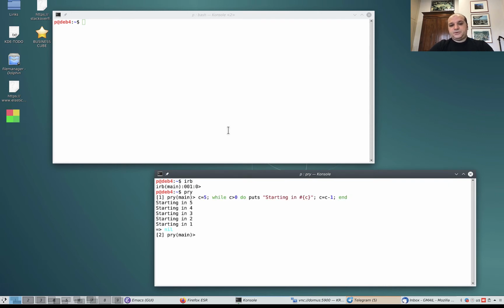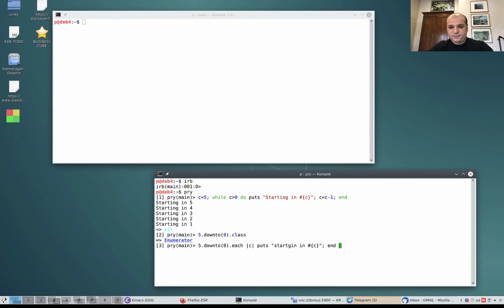Okay, so before moving forward, I want to observe this. You can do this loop with a while loop, but we have other ways to iterate in Ruby that are more direct and nicer to see, I would say. So for example, if I do 5 down to 0 and then I say class, what is this? An iterator. So it's an iterator, I can use each. So for each, let's keep C, puts starting in C,